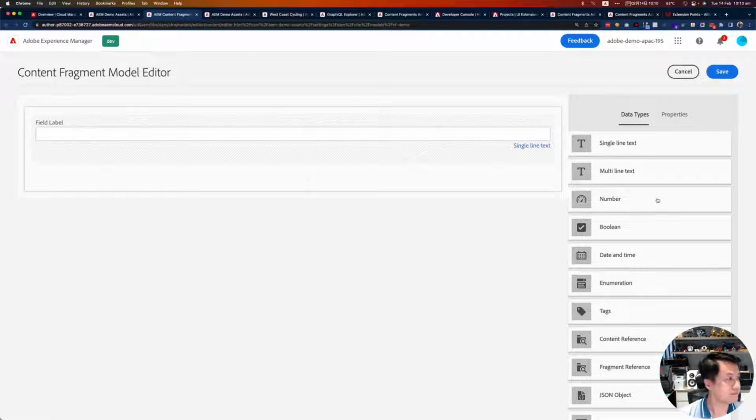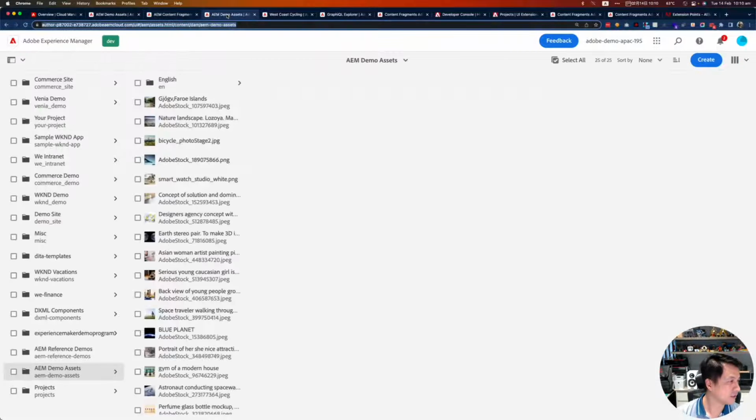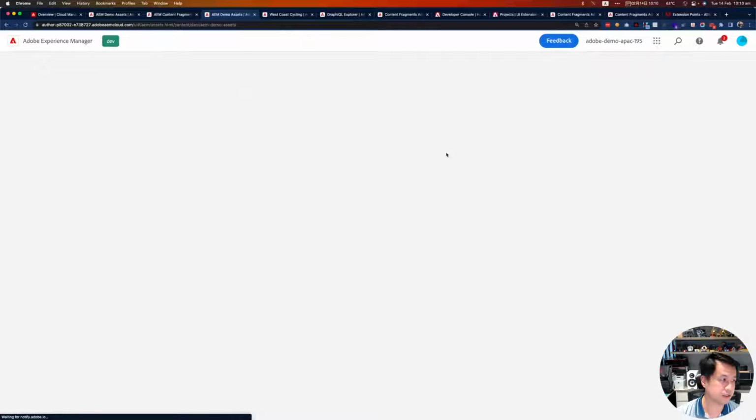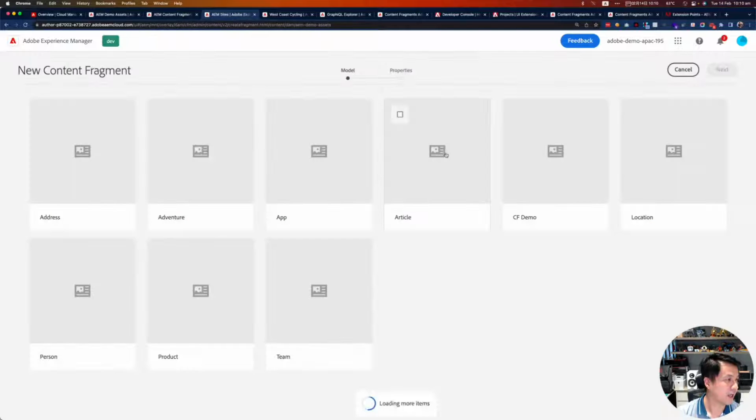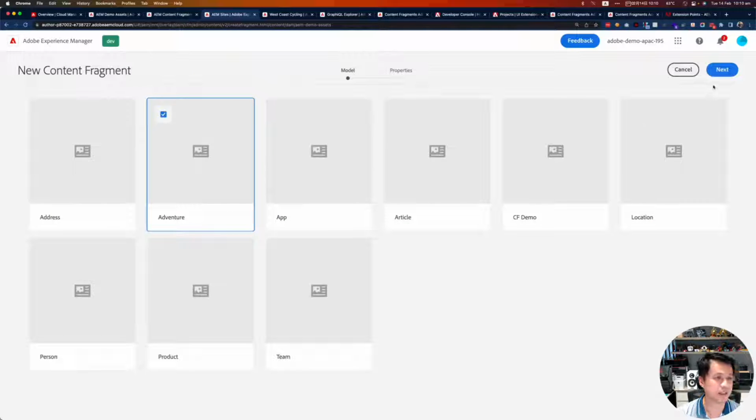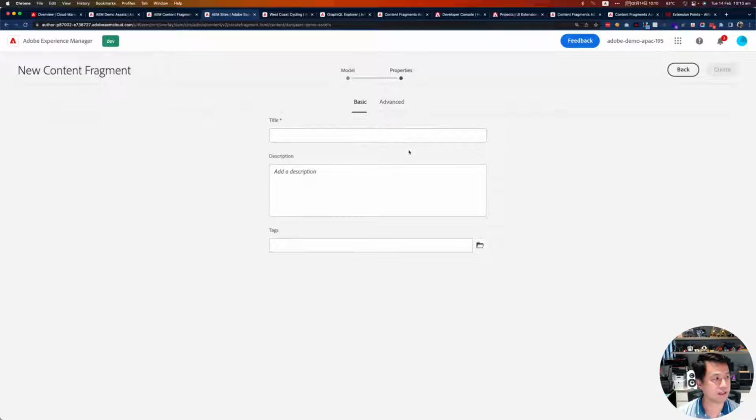That's great. All right. So assuming we've already got a content fragment model defined, the next thing we're going to do is use this model to create the content. I've got some folder here, so I can start using the create button and just pick the model I just authored, making the changes.